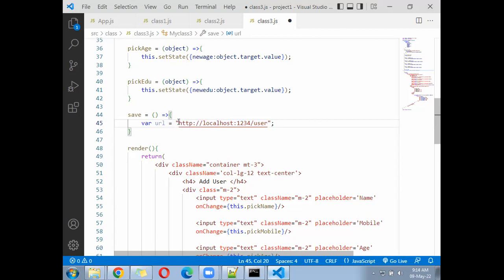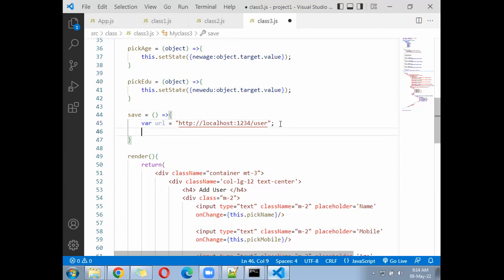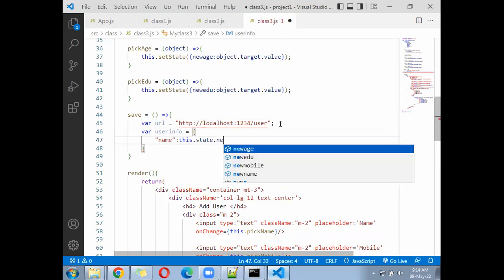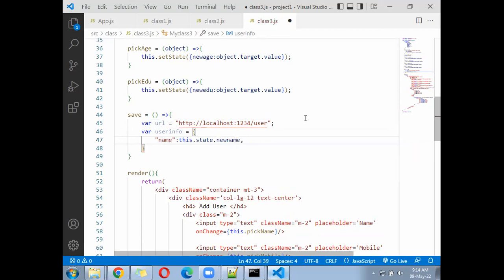Next, after this, come down below. You have to create an object, a new variable, userInfo equal to. You have to keep fullName. Value will come from this.state.newName,